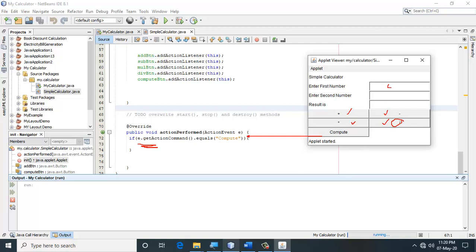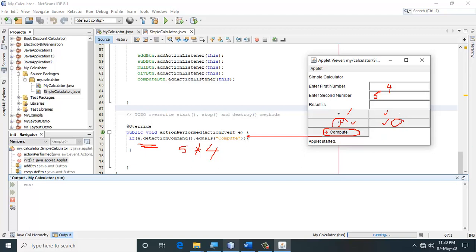Suppose there is a number 4 here and a number 5 here, and I press star, nothing is going to happen. When I press compute, I am supposed to take that 4 here, and my operator was star, and the next number, and do the calculation.